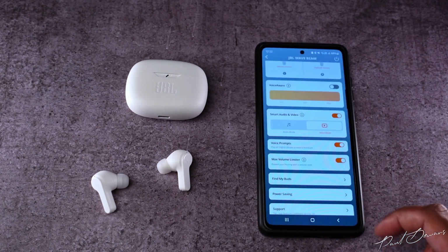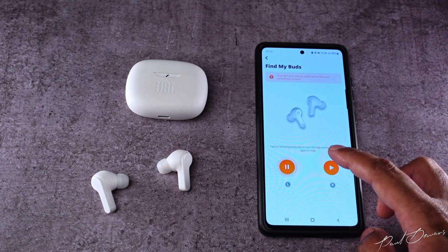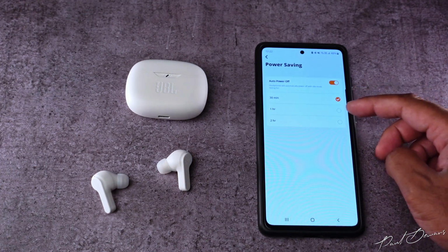You have a Find My Buds feature which will help you locate your earphones if they're within Bluetooth range. The power saving mode is a neat feature to have, especially since these don't have in-ear detection. So if you're not playing any media, you can choose for these to switch off after 30 minutes, 1 hour, or 2 hours. Coming back to the lip sync feature these have, with the smart video off, there is definitely